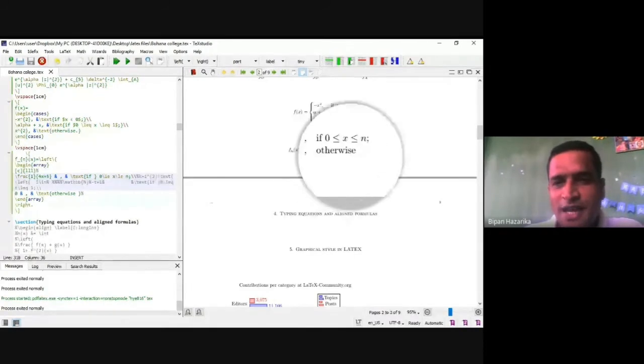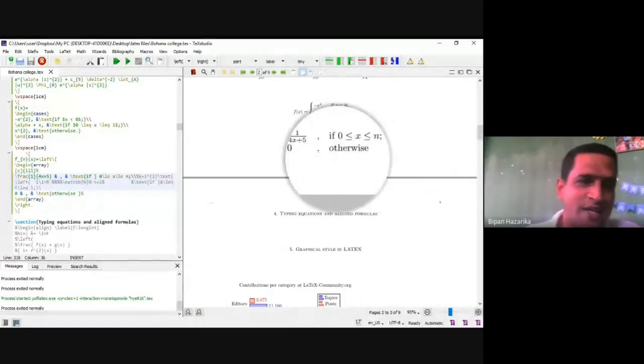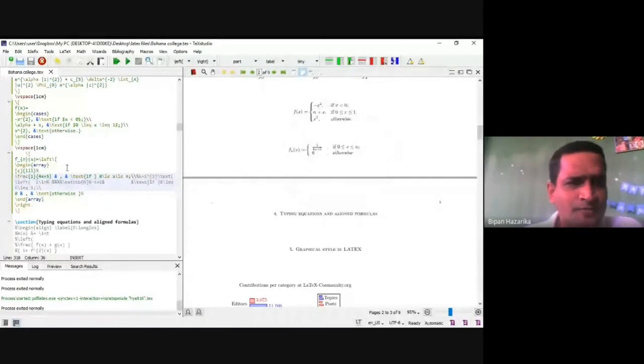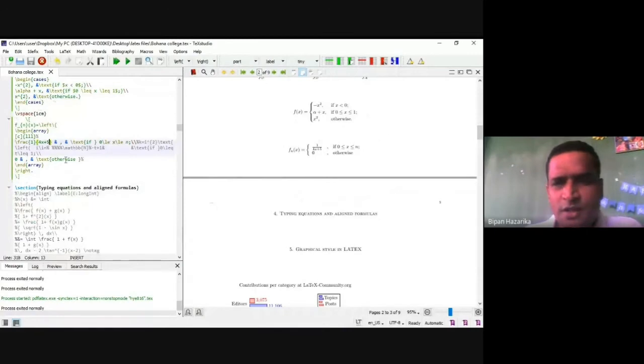So x lies between 0 and n, and the second condition is otherwise. These are the two notations we can use to write this type of function.